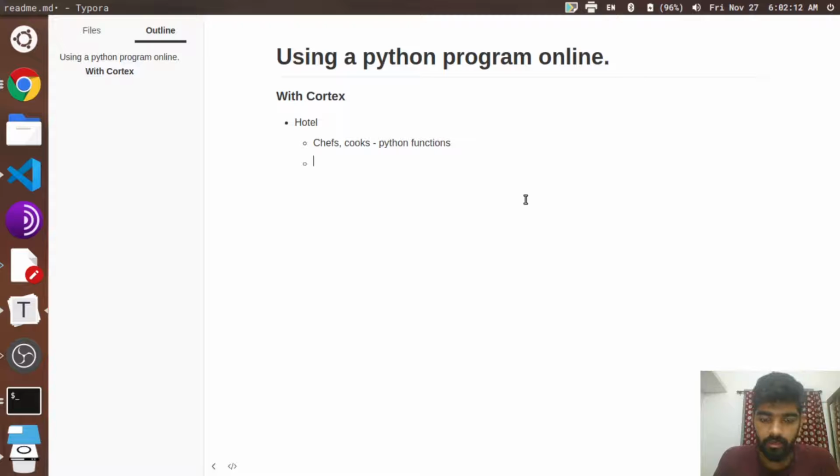And then there are your customers or your users who would visit the website or the endpoint, API requests, most probably your get or post functions. And the reason why we are utilizing Cortex over here is that Cortex plays the role of the hotel manager, and then Cortex API.